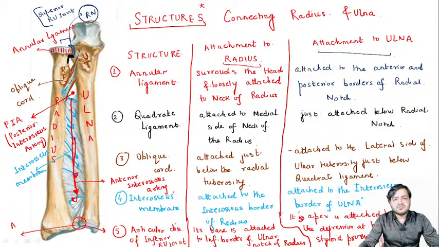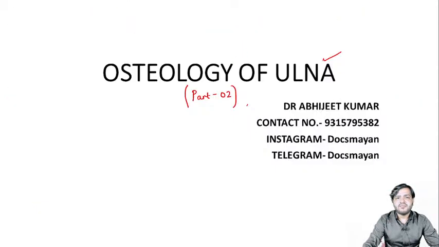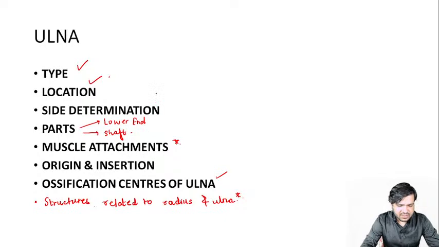Yes, so this was about the structures that are connecting the radius and the ulna. Okay, so I hope the things are very much clear to each and everyone. So yes, I'll just summarize it up. We have already discussed the type, the location done, site determination is left. Okay, site determination, I'll just mention 2-3 points so that